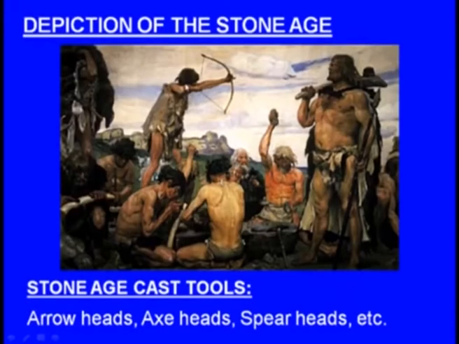Here you can see this man is using an arrowhead. This arrowhead was manufactured by metal casting. Here you can see this man is holding a spear. You can see this spearhead was manufactured by metal casting by the Stone Age man. This man is also holding an axe. Here you can see this axe head was manufactured by metal casting. So during the Stone Age, the ancient man used this metal casting process for manufacturing arrowheads, axe heads, spearheads and so on.